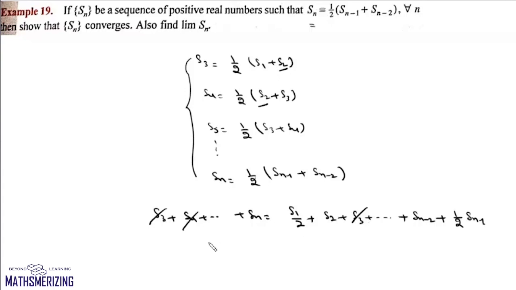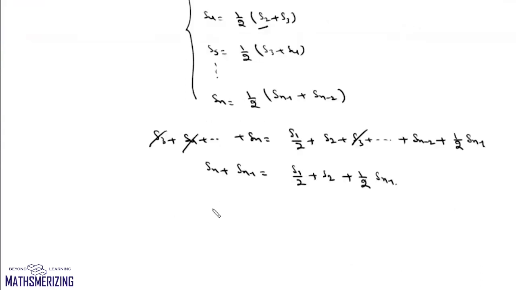So here we'll get S_n plus S_{n-1} will be equal to S1 by 2 plus S2 plus 1 by 2 S_{n-1}. Or we can write this as S_n plus 1 by 2 S_{n-1} will be equal to